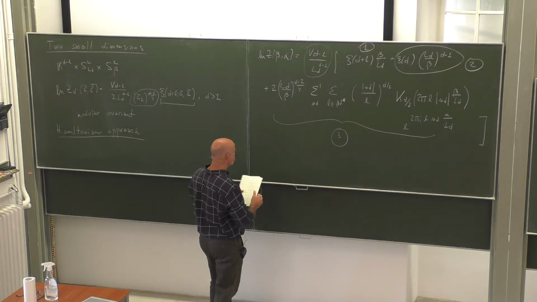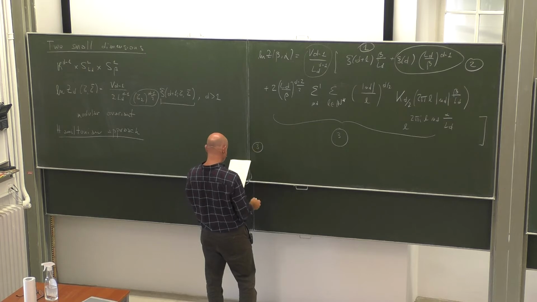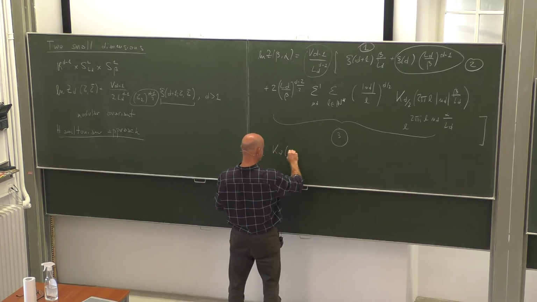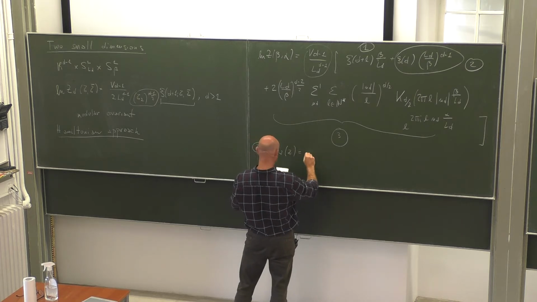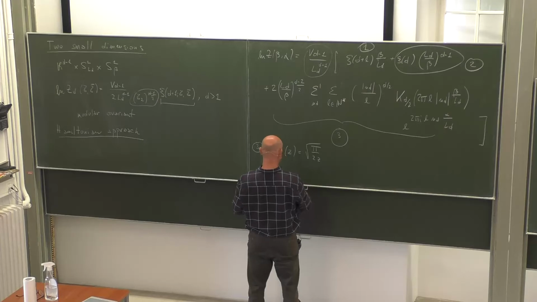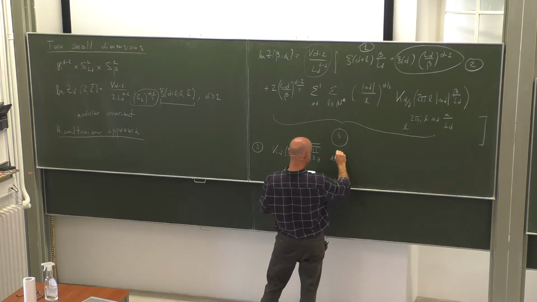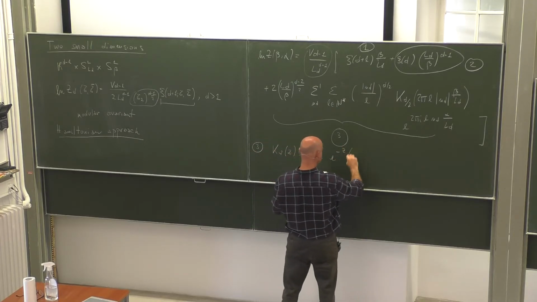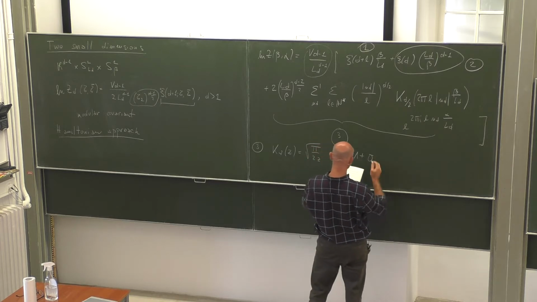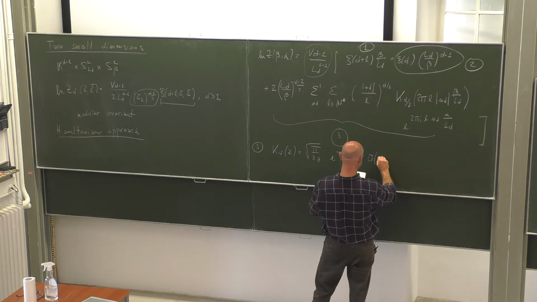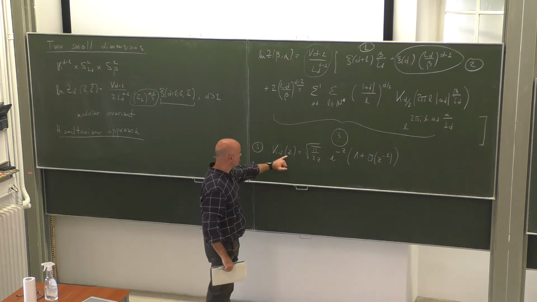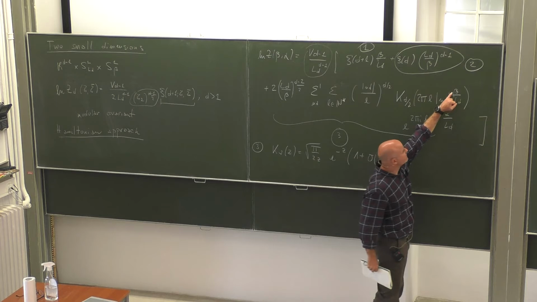Okay, maybe let me start with the last terms. So I should tell you, K is the modified Bessel function of the second kind. You look it up. The good thing about this object is that you know how it behaves if z is large, of order z to the minus 1. And z, you see, is beta over L_d.